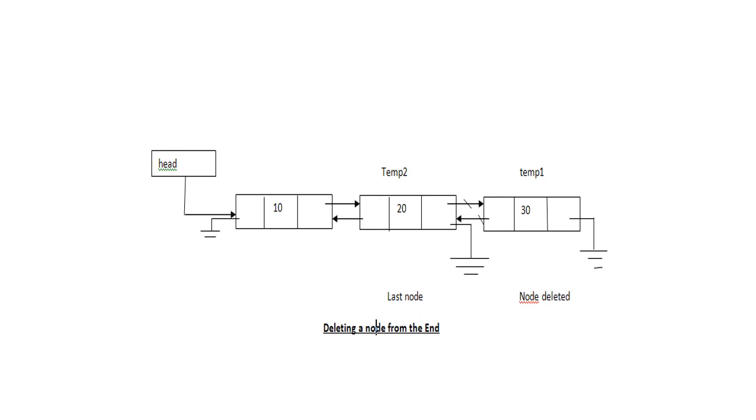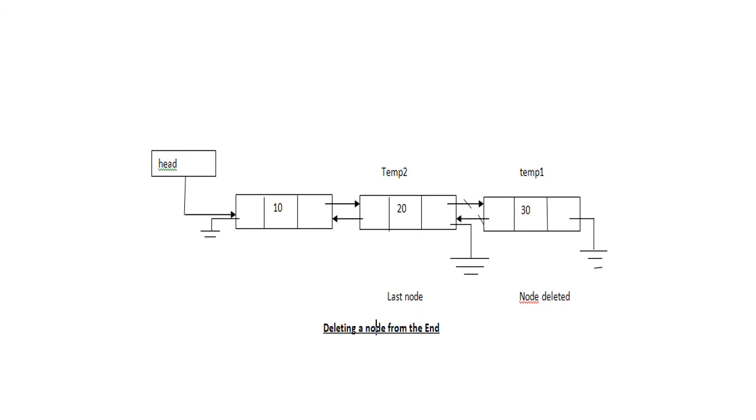Again I will check the right pointer field here. If temp1 of right pointer is not equal to null, again temp1 is equal to temp1 of right. I will go to this place, and I will check temp1 of right pointer once again. Now it is equal to null. Then what I should do? Now here I have the provision of moving to the predecessor node, because I have the option of moving from back to front or front to back. Okay, to and fro motion I can do here.